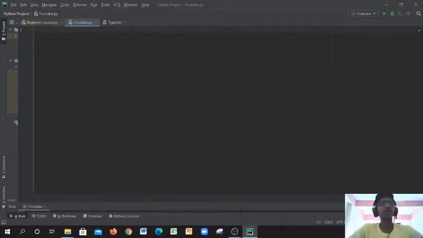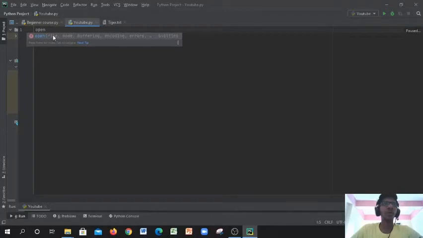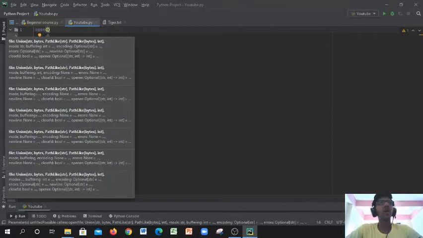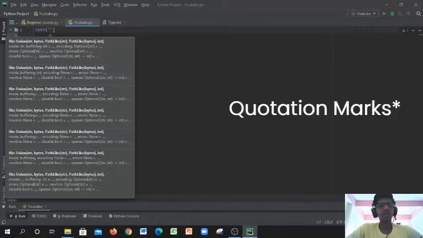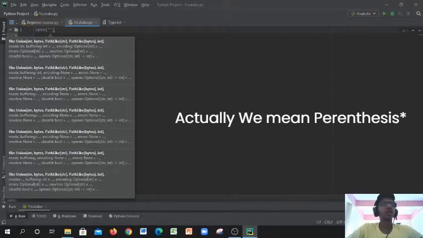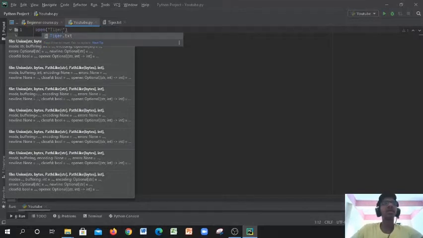We're going to open a file. You can see over here it shows open: file, mode, buffering, encoding, errors. We are going to open a file, because without opening a file we cannot read it, right? So we write open, and what's our file name? It's tiger. So we put open and close parentheses, and then we write in tiger, and you can see automatically we have a